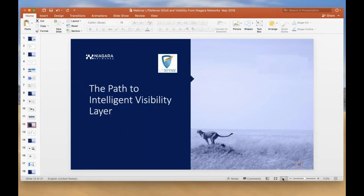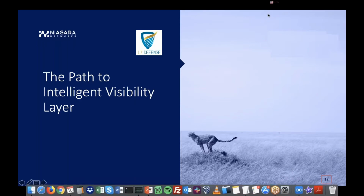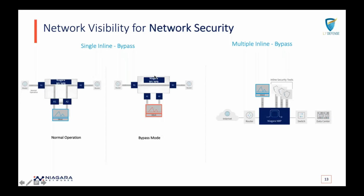As you can see here, the path to an intelligent visibility layer. So Israel pretty much gave the start and the introduction on the DDoS. The question is how everything comes together into a visibility to mitigate these threats. So we'll start with some of the basics for visibility when it comes to security, which is the single inline